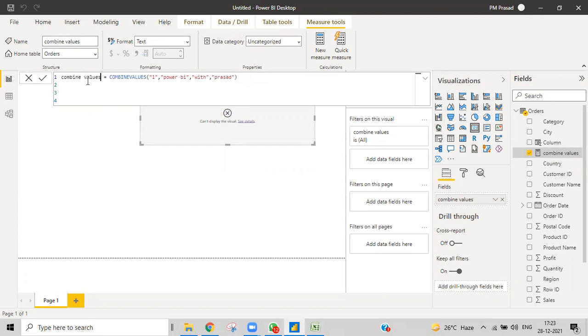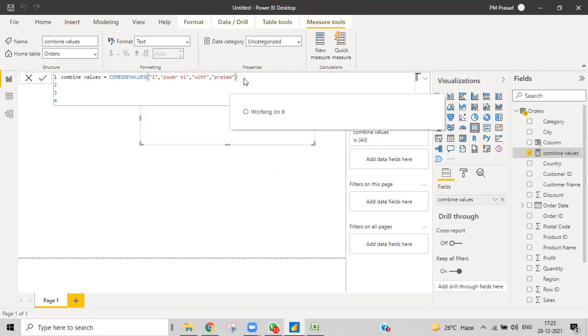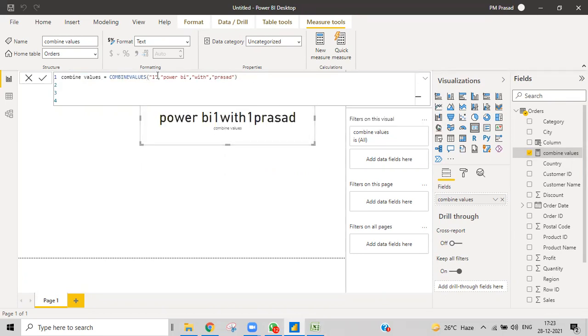I can write something else, but to help you understand I just made it like that. Anything you write between the delimiter will be represented over here. Got the point? Yes.